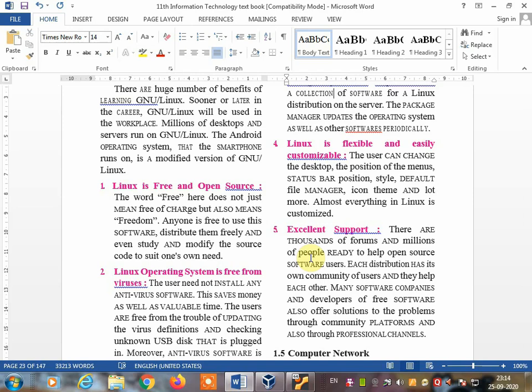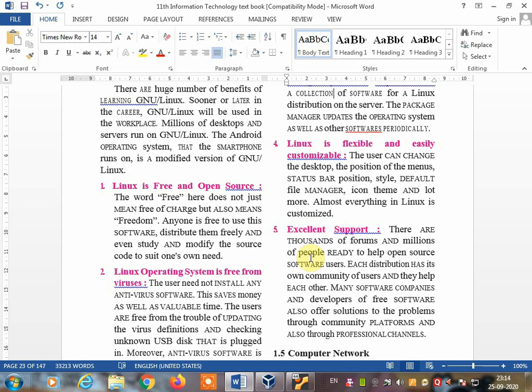That's why free means free of charge, but also means freedom. Anyone can make changes in this operating system, and however you want, that way you can make changes. So you also can make changes, and you can make it like a Windows operating system. No one can make out whether you are using Linux or Windows.